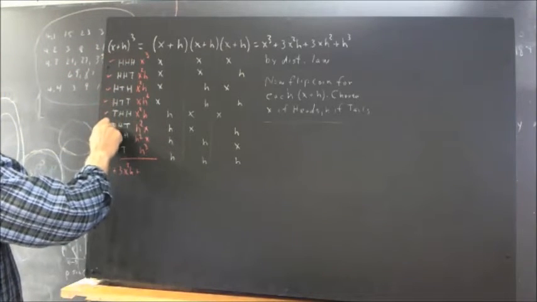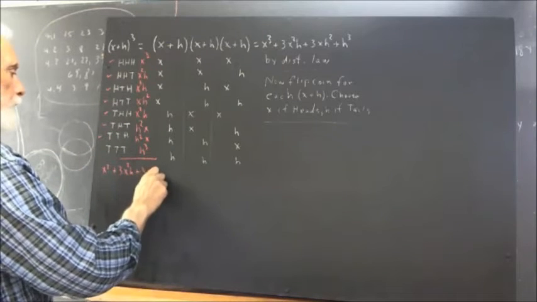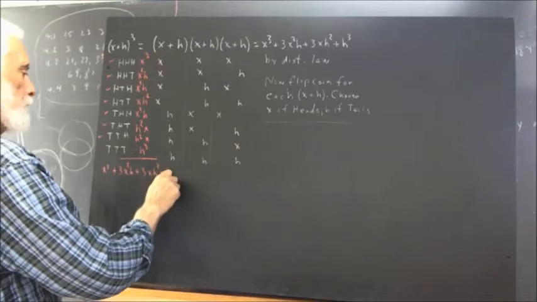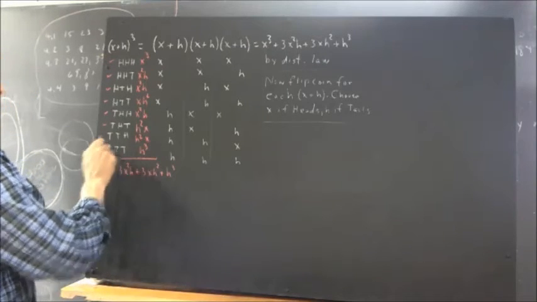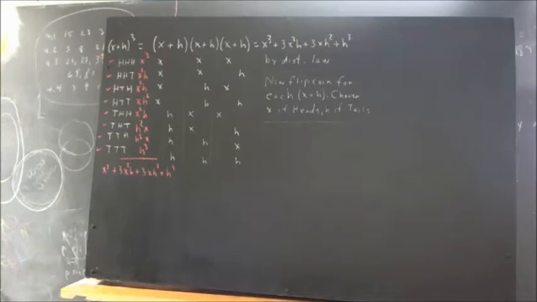Same thing. So we can check these three off and say that we've got 3xh squared, leaving us only this h cubed here. Now we've got all 8 possibilities checked off. Now again,